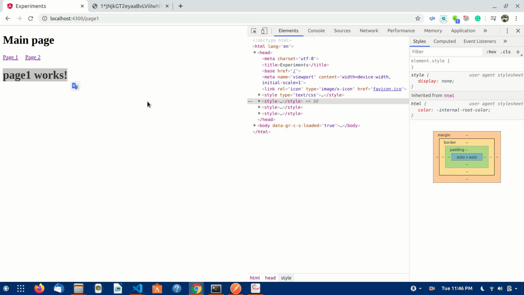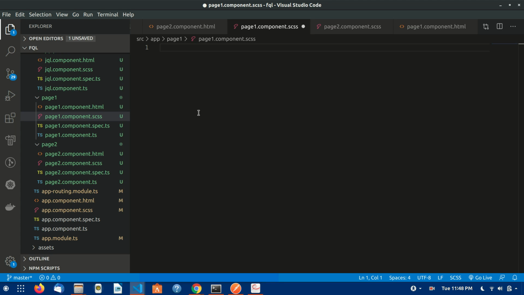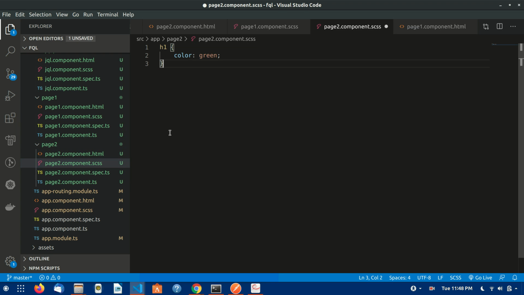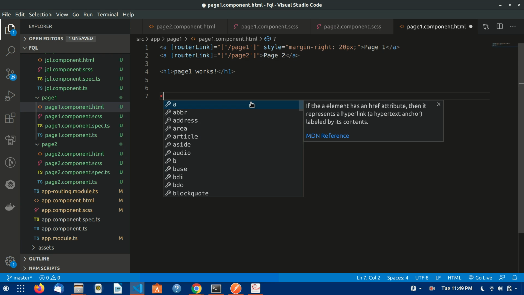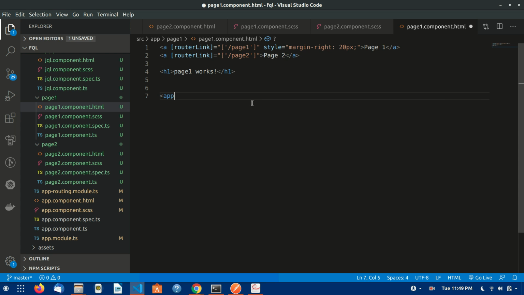When new components get rendered, that time it's going to add the style for that particular component into the head tag, and when we move around, it's not going to remove the style which got added previously. With this knowledge, we can move further. Now I'm going to add some style in the page 1 component. Similarly, in the page 2 component, I'm going to add some more style. But here I'm making the color red, and also I'm going to render the page 2 component in page 1 itself.